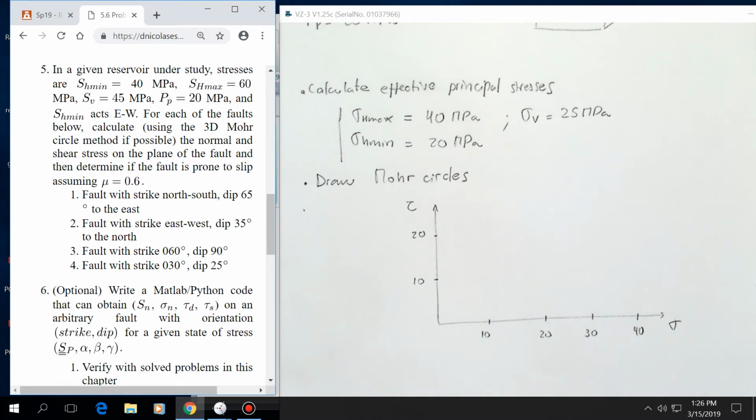Remember that example I showed where we have the 3D Mohr circle and there were thousands of faults, with many types of orientation. From all of those, we would like to know what